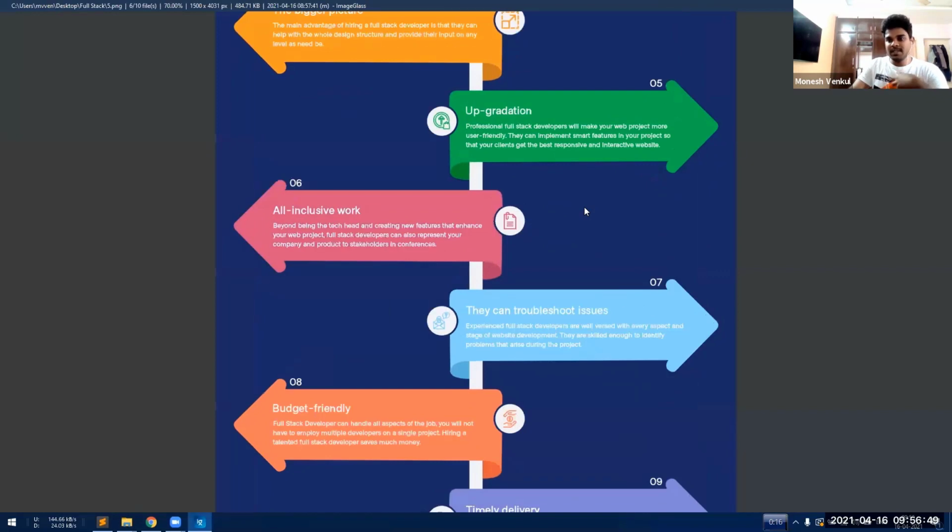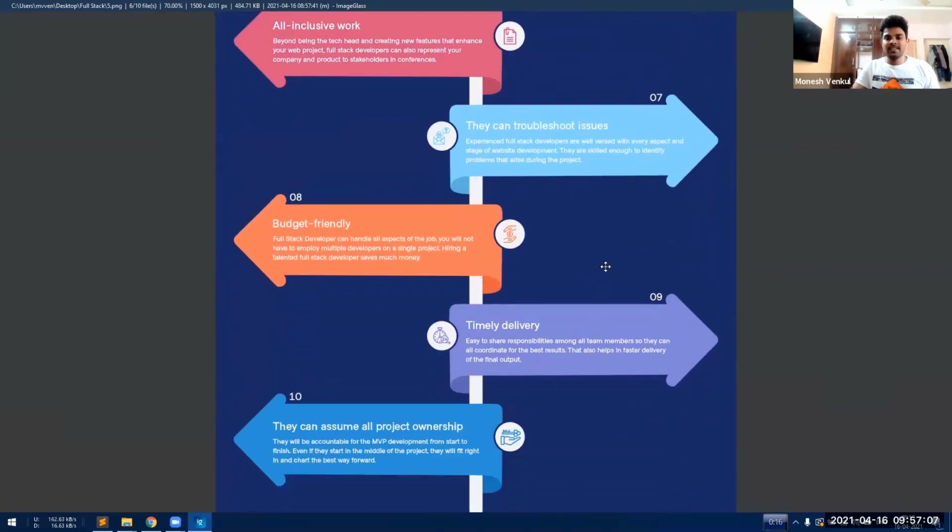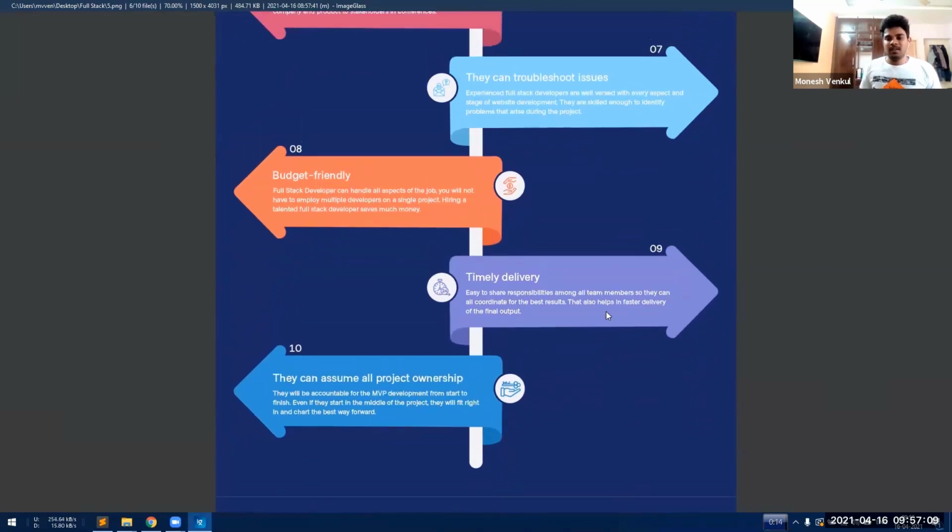For example, the project which I'm taking up is in Hong Kong. If I complete my 1 or 2 years in HCL, I may go to Hong Kong to actually develop the project and maintain the project. So you can move throughout the world if you are a full stack developer. Next, there will be no hardship for you.